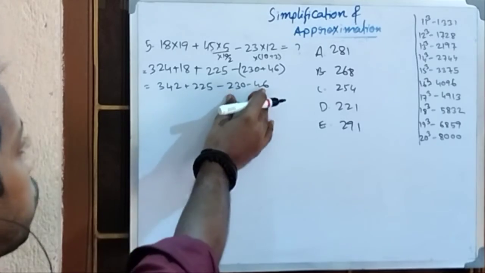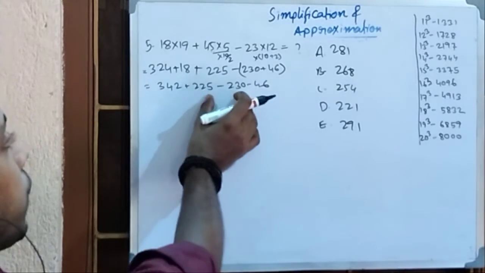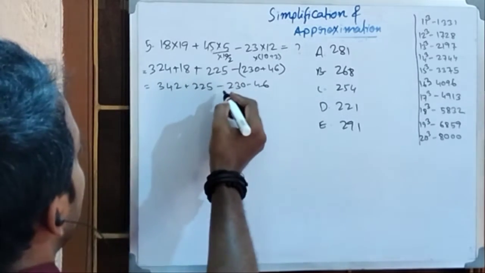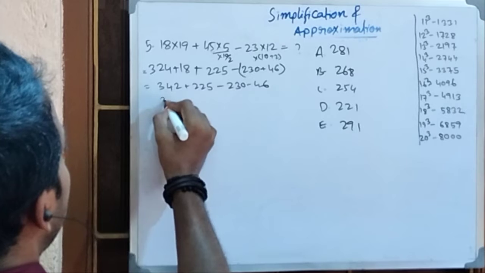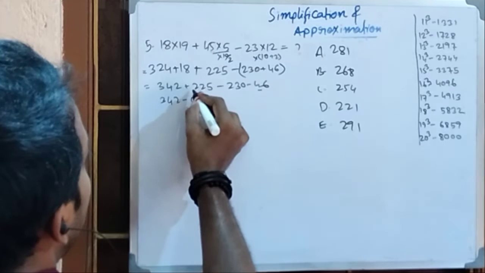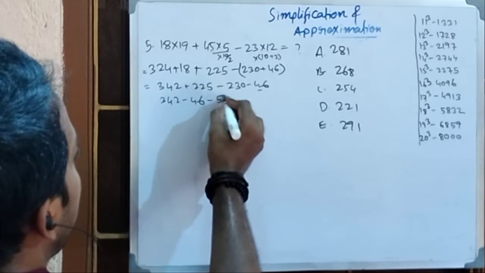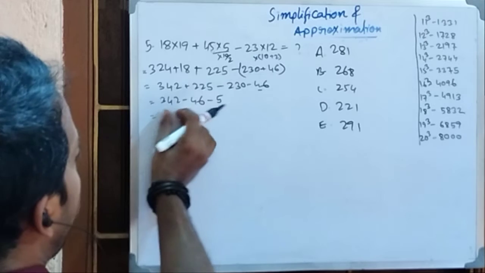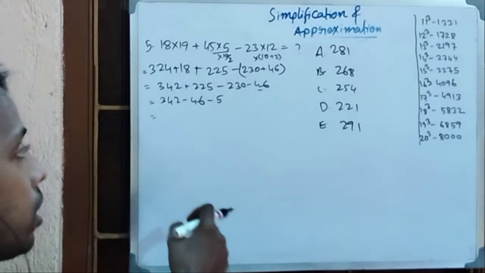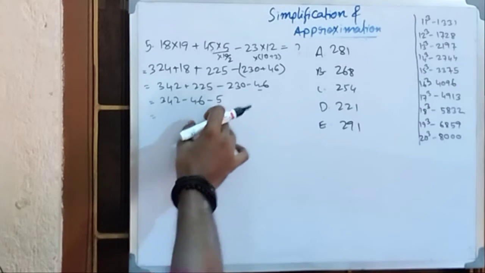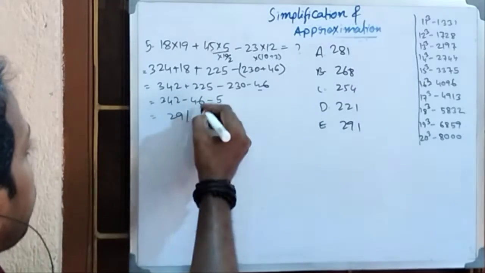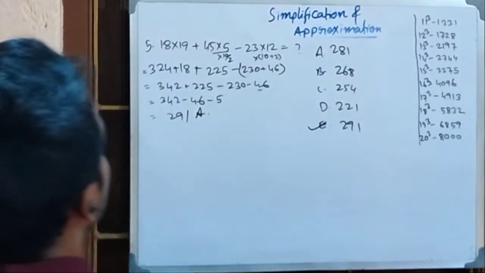Why am I not collating these two? Because there is some term close to this, so that it will cancel out and give some minimal part from this, which is negative, right? So 342 minus 46, this part, and plus 225 minus 230, so minus 5, again 51. So 51, if you erase 42 from this 342, 300 is left here, and the total part is 51, you have to remove, so left is 9, so 291 is the answer. Understood? Option E is the answer.